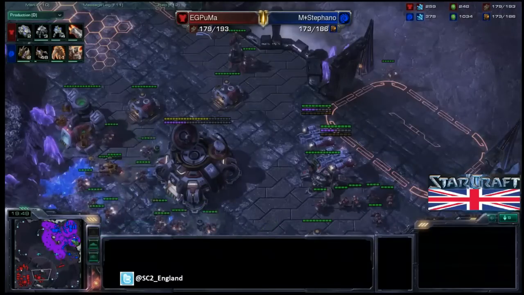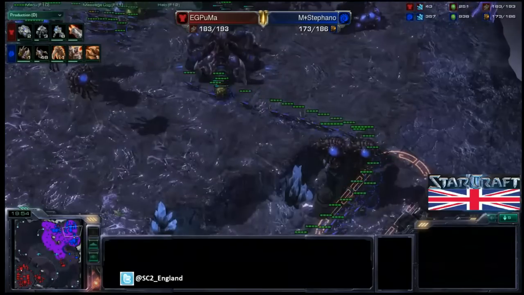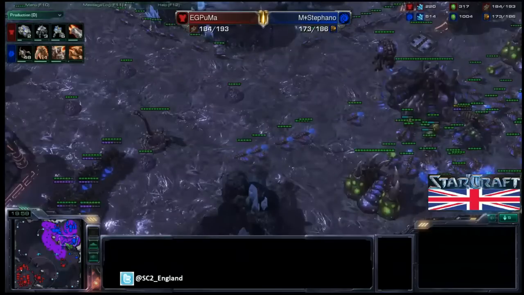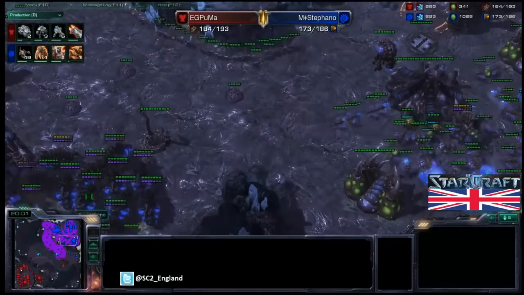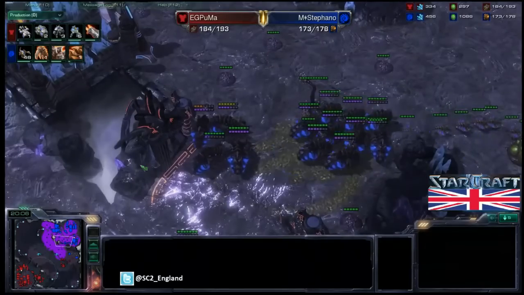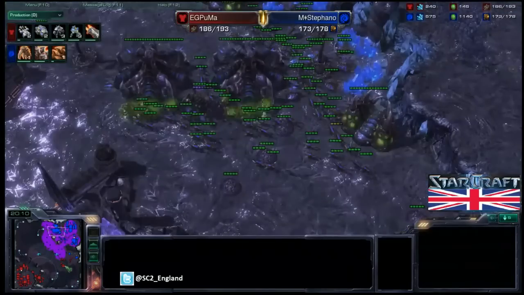But a sensor tower now down as well for PUMA. Meanwhile, the Ultralisk Cavern has just finished for Stephano. 3-3 is nearly done. Adrenal glands are done. So, the big problem with Ultralisks is they're quite slow and difficult to get in position. But these infestors completely nullify that by using fungal growth, allowing the infestors to get a good